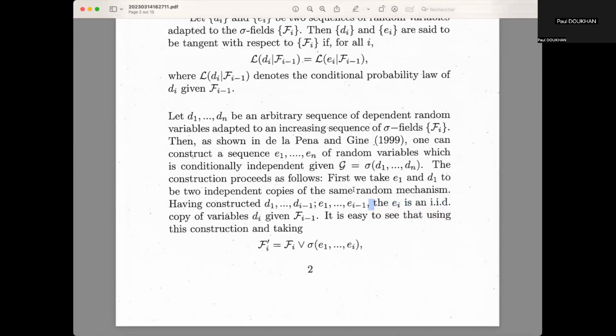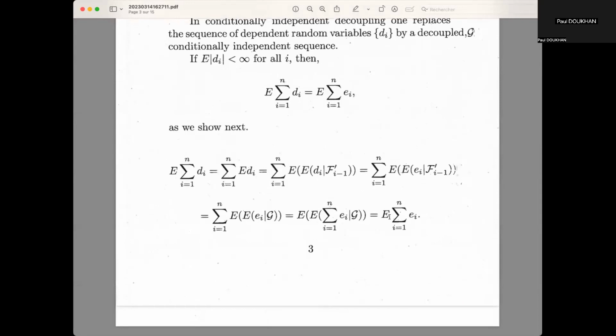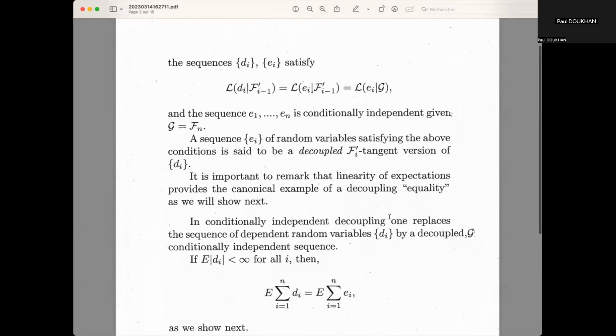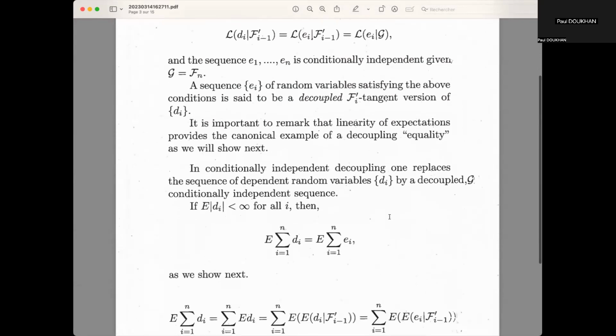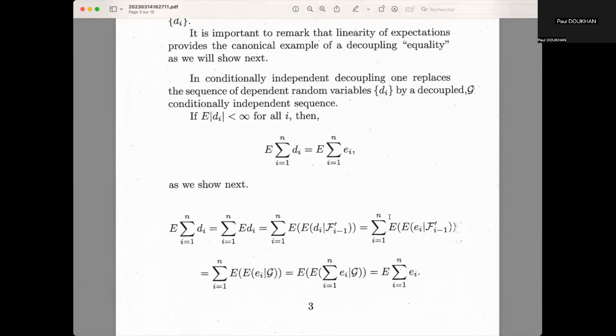This is not the only way to get a tangent sequence or decoupled sequence with these properties. There was a breakthrough paper related to work of Adam Jakubowski and Kwapień and Woyczyński, where they showed that for any sequence, you can always construct a decoupled sequence. So there's more than one way. Okay, but this is just one way that I understood what was happening. Anyways,